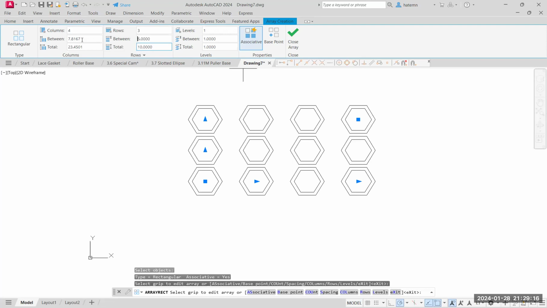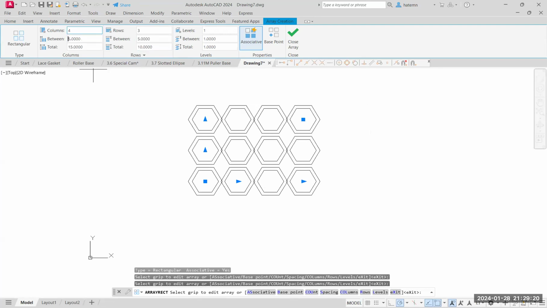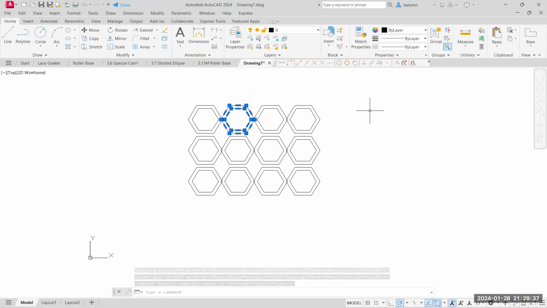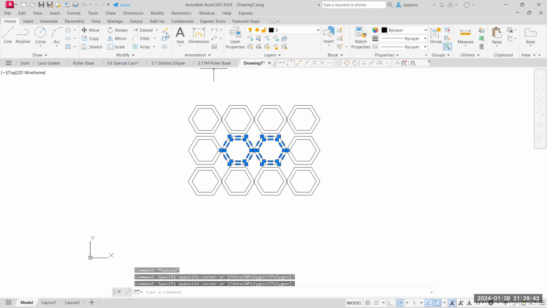Notice the adjustments in my rows. I can also do that. Let's make this 5 for my columns as well. Notice that they're now smaller. Distance in between. I can take the associative off. And I'm going to go ahead and close my array. So now when I come in here, notice, unlike when I was showing the polar array where it was still associative, these are now already individual items. So if you had items that you wanted to delete, but you wanted to keep the rest of the pattern,